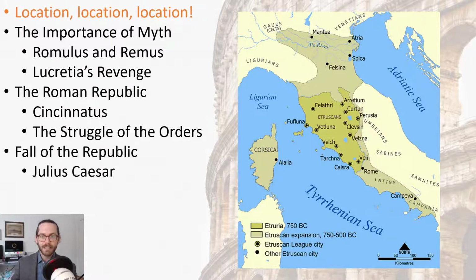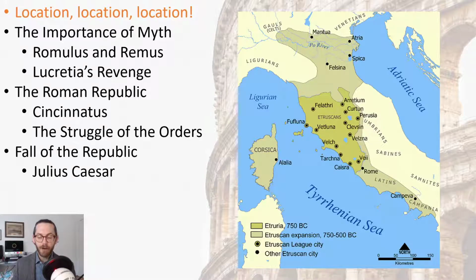Some of their writing does appear on stone tablets. We know that they had cities. We do know they had literature. We know they had extensive trade networks, as you can see by all the different cities that are located within the greater Etruria area. We know they warred with the Romans quite frequently and the other groups that were kind of surrounding them. We also know that the Etruscans influenced Roman culture heavily because the Etruscans had their own language,